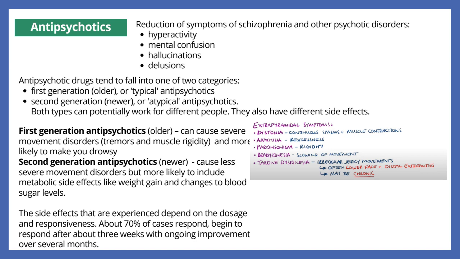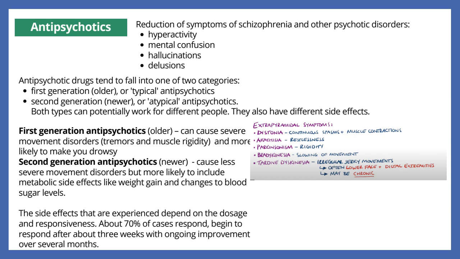Antipsychotics are really used to deal with psychotic disorders such as schizophrenia. So basically you have two kinds of antipsychotic drugs. The first is the first generation, which are your older or typical antipsychotics, and then we have the newer generation or atypical antipsychotics, but they both work differently for different people, and they also have different side